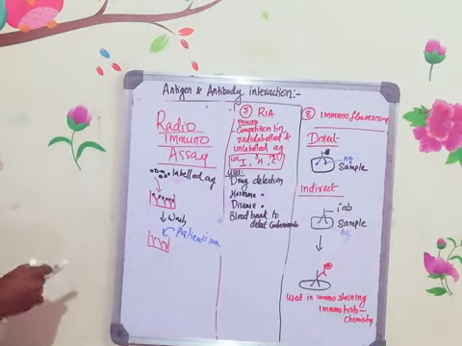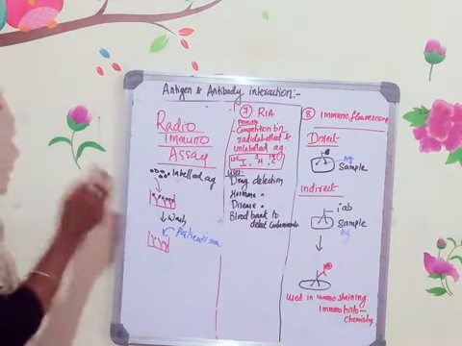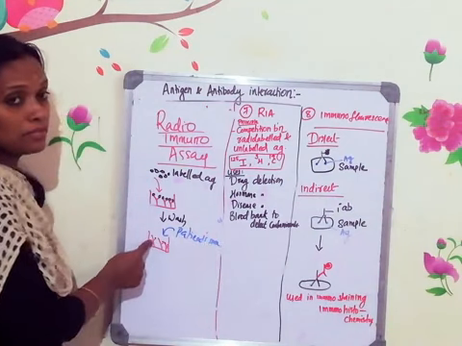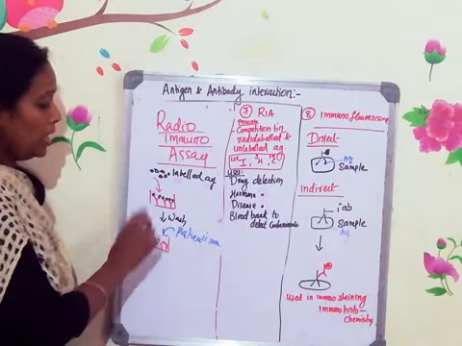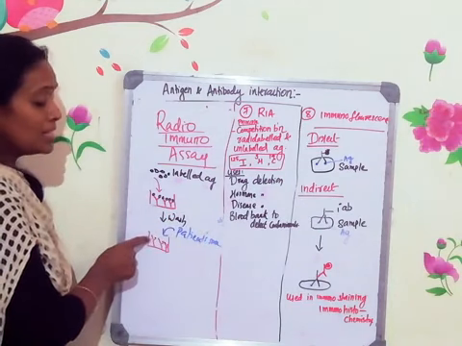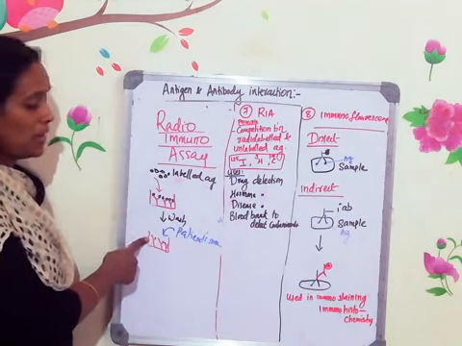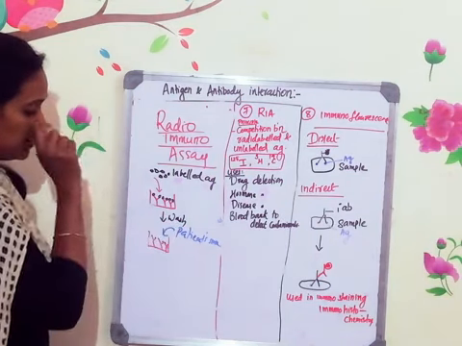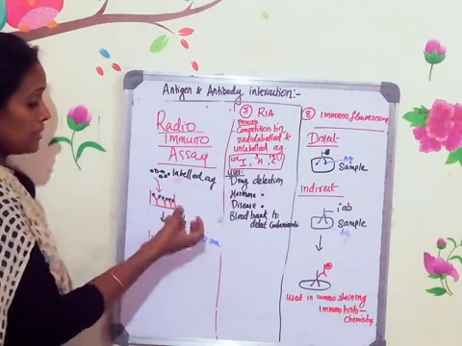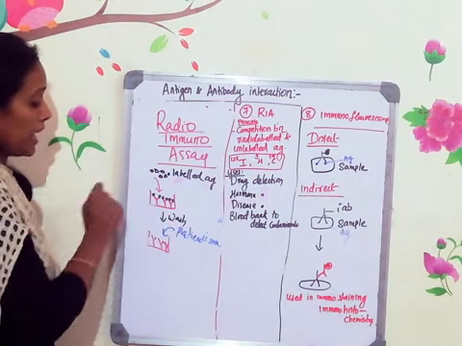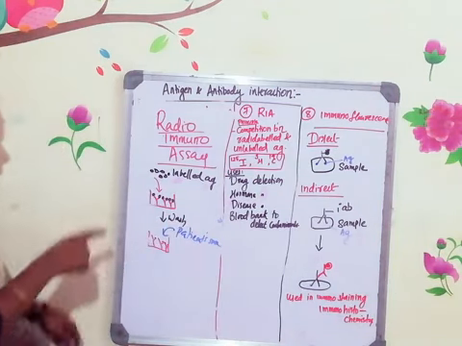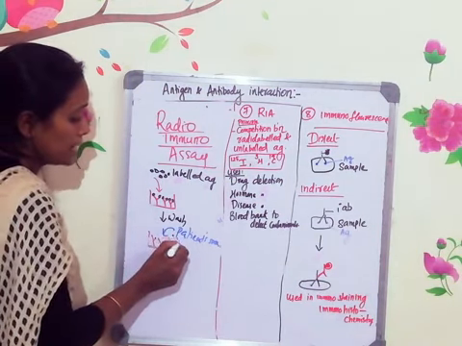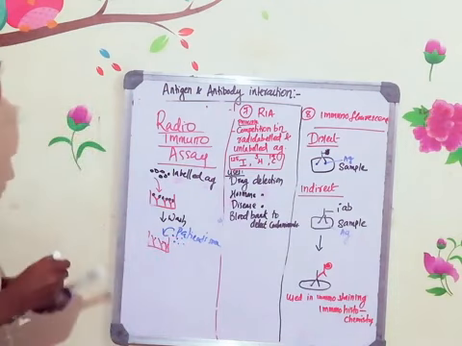If the patient serum has the antigen, there will be a competition between the antigen in the serum and the antigen which is already bound to the antibody. In that competition, since the bound antigen is labeled with the radioactive substance, the binding will be a little weaker. When you add the patient's serum antigen, since it is very specific for the antibody, these antigens in the patient serum will try to occupy the antigen binding sites of the antibody.